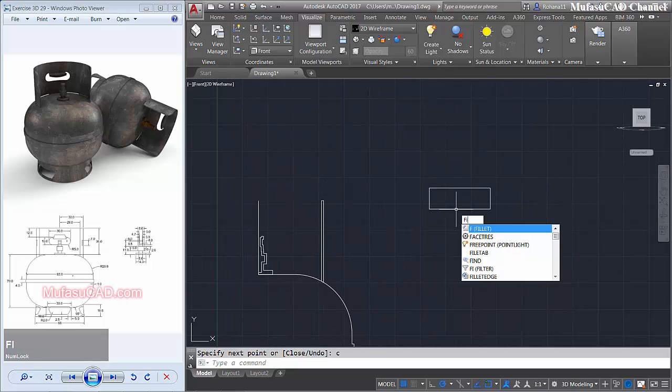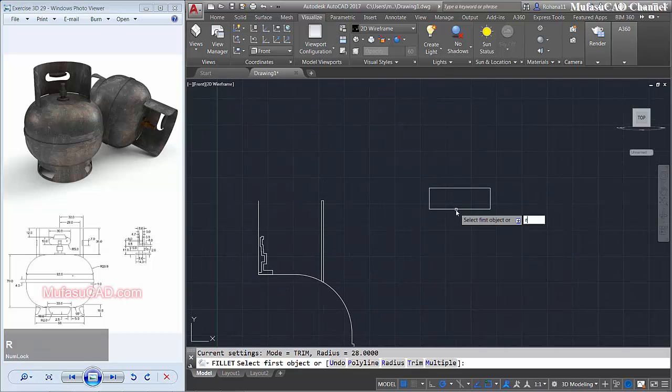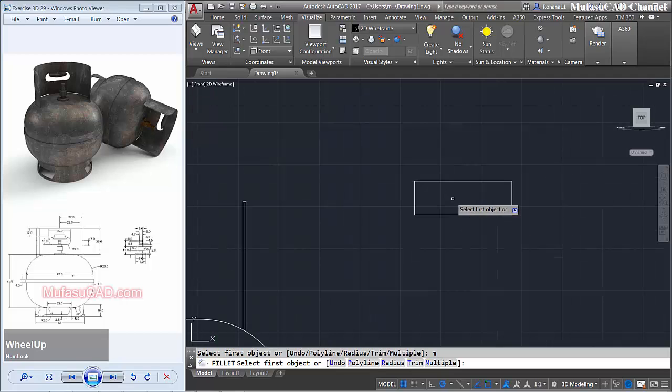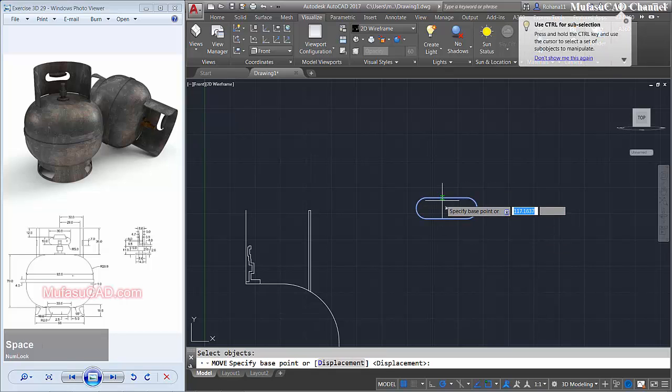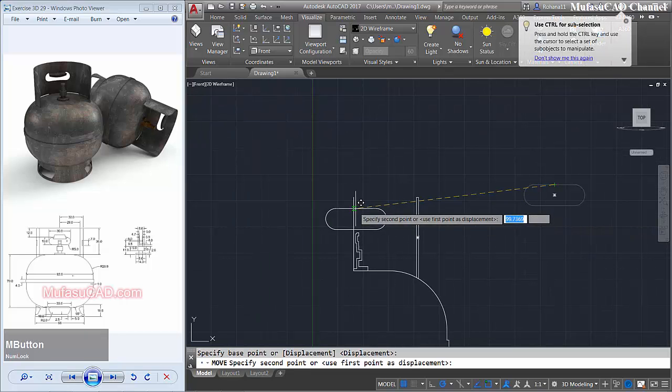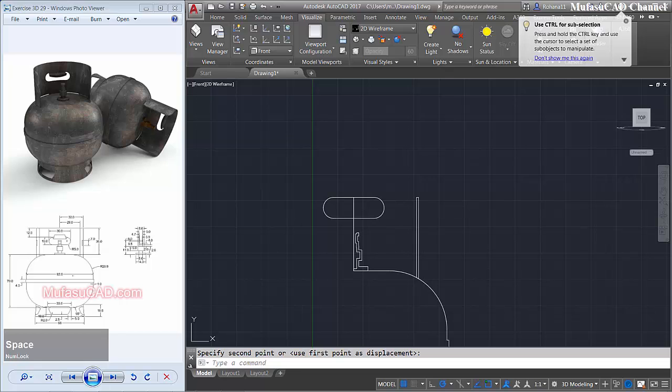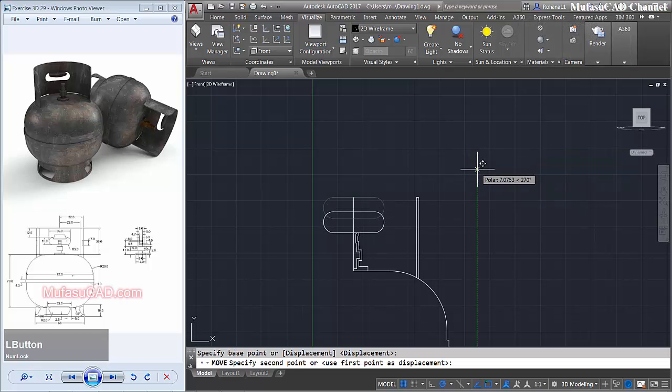I will fillet with a radius of 5, using the multiple option from this corner point to this corner point, in here, and the last in here. Use the join command to join all these objects and move this object, starting from this middle point into this point, and move the last object to the bottom about 12, and enter.